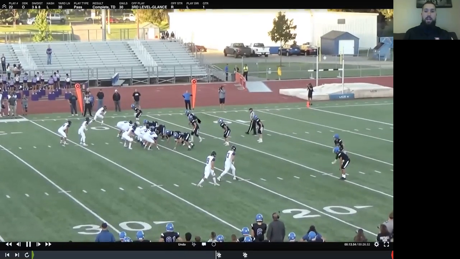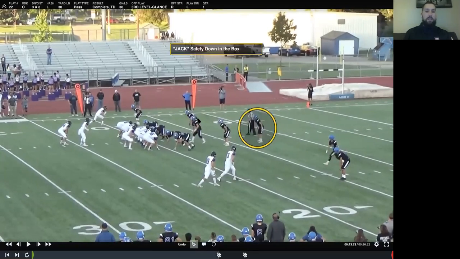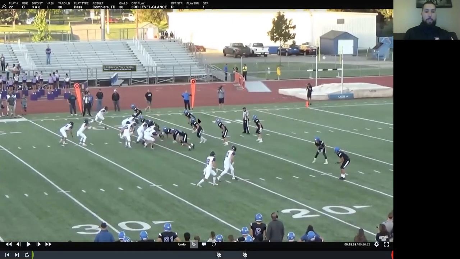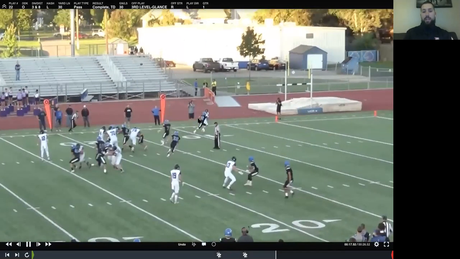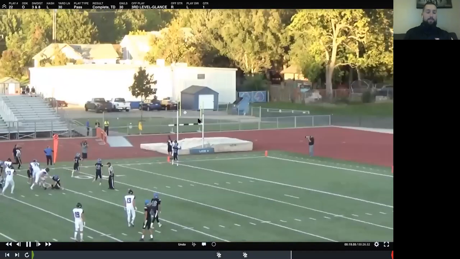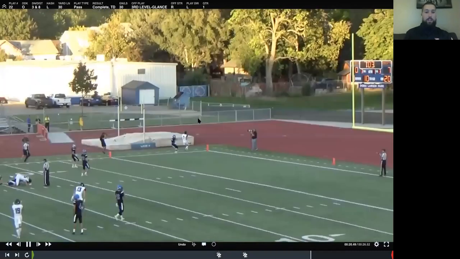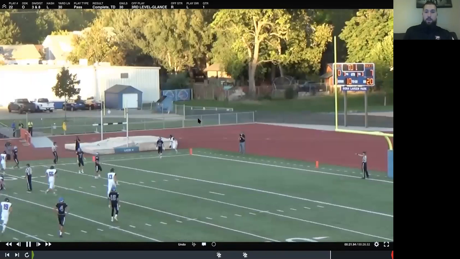Now, let's watch this real quick, because now they try to press the boundary a little bit with a harder alignment, right? There's the safety down in the box. Safety's in the box. If we get hard inside leverage, and we're not going to be able to get 2 yards inside of him, we just tell him, hey, this is a win vertical. You're going to go threaten his inside. You're going to go stack him, and you're just going to go win vertical, right? Arm over, stack him, give him a healthy 80-20 ball, right? That's not a 50-50 ball for us. Okay.